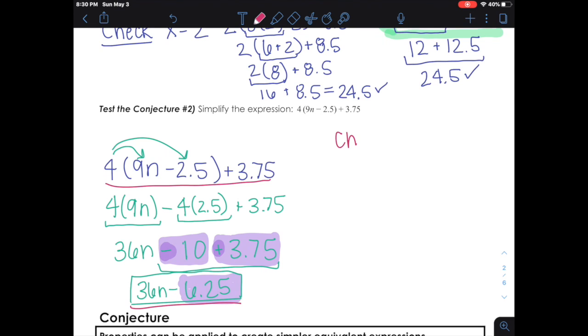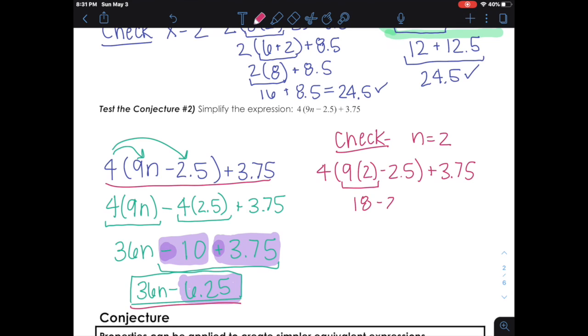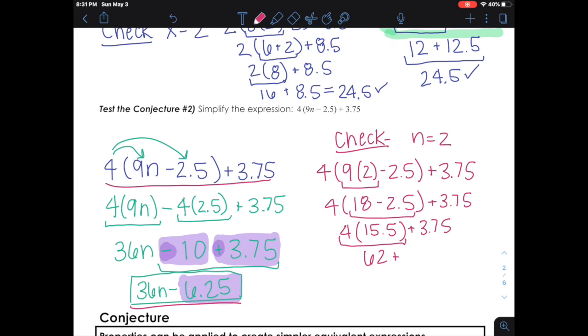So we're going to first substitute a variable in on that expression and then on our final one. So let's do our check. Okay, let's say that n equals 2. So let's do our first expression. We have 4 times 9 times 2 minus 2.5 and then plus 3.75. Okay, so we have 9 times 2, which is 18, minus 2.5, bring down the rest of this. Okay, 18 minus 2.5 would be 15.5. 4 times 15.5 is 62, plus 3.75 gives us an answer of